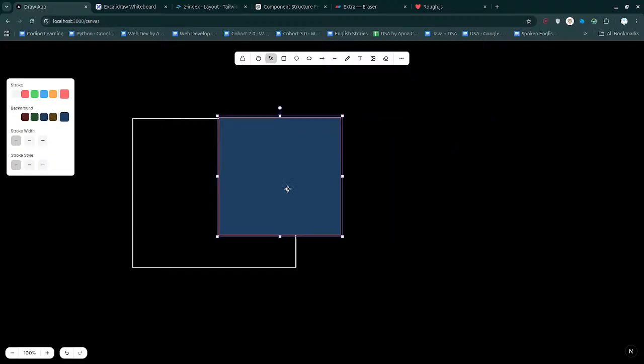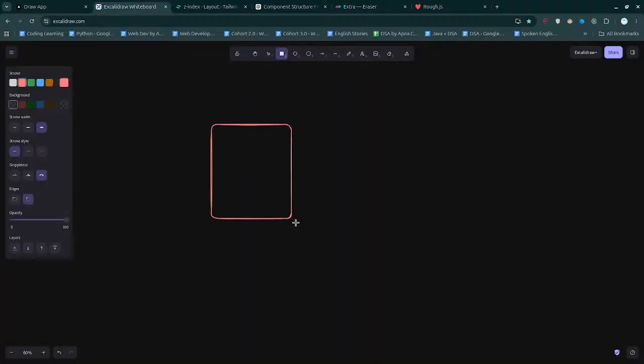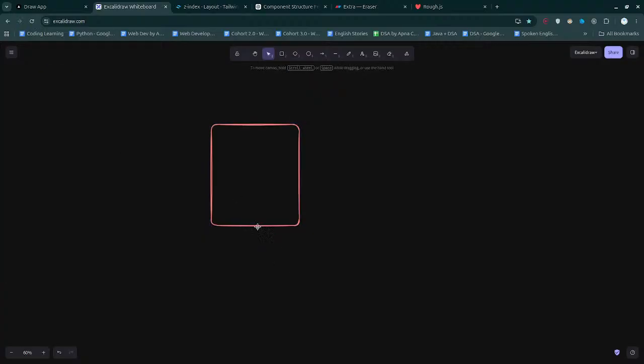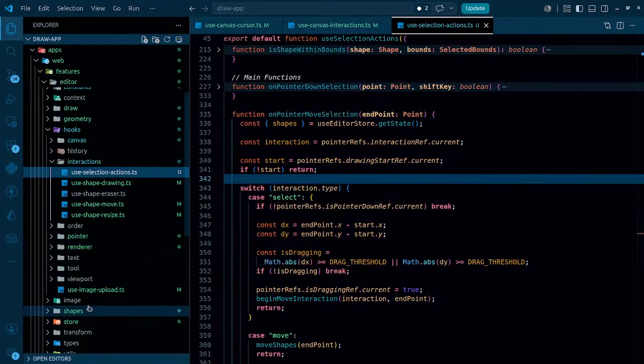So yeah, this particular stuff works. We are able to draw a rectangle. That is good. By default, the line, yeah, so the line size is too less. And apart from this particular thing, if I actually go to the color palette,